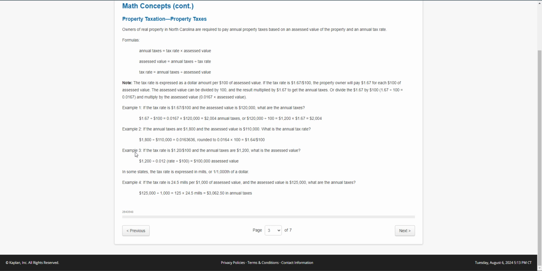But your assessed value will equal your annual taxes divided by, slash, not the division symbol, divided by tax rate. And your tax rate is your annual taxes divided by assessed value. What if you don't have one of them? You can't get the other. Gladly, the tax rate is usually